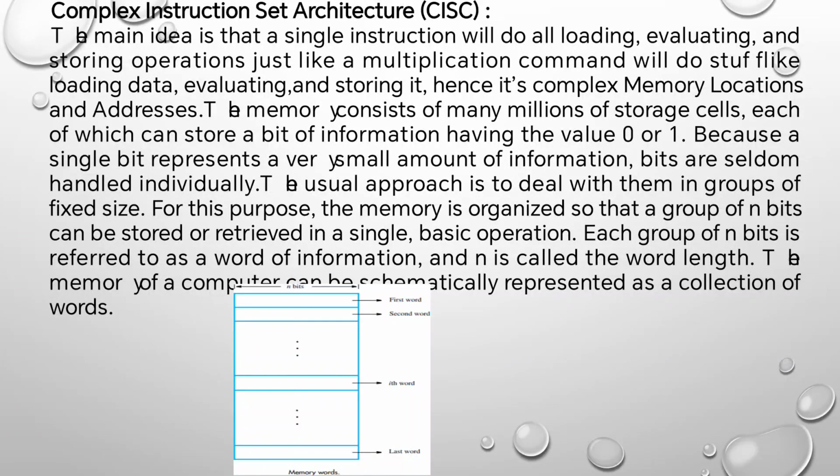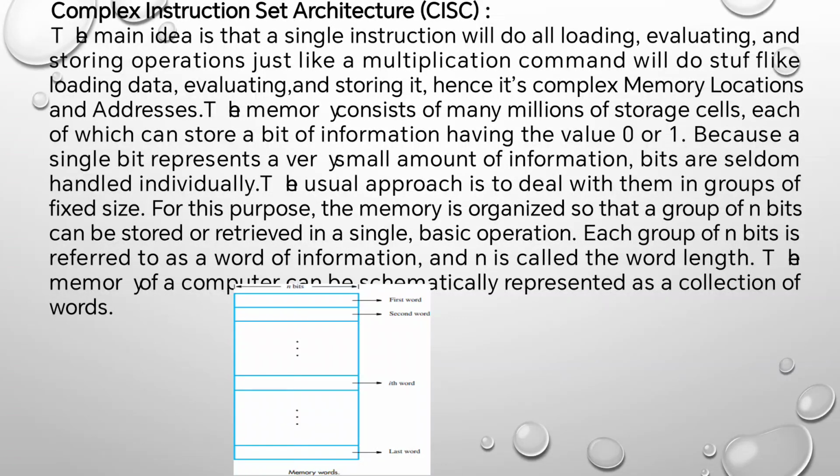Complex instruction set architecture. The main idea is that a single instruction will do all the loading, evaluating and storing operations, just like a multiplication command will do things like loading data, evaluating and storing it, hence it is complex. Memory locations and addresses. The memory consists of many millions of storage cells, each of which can store a bit of information having the value 0 or 1. Because a single bit represents a very small amount of information,